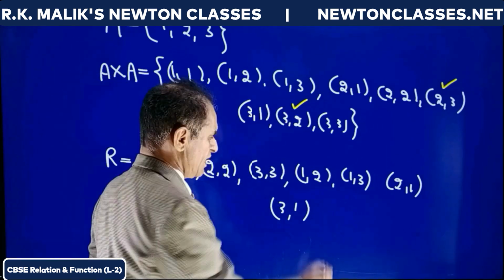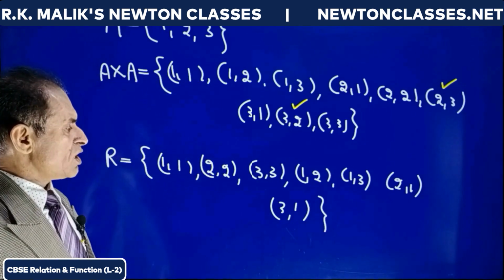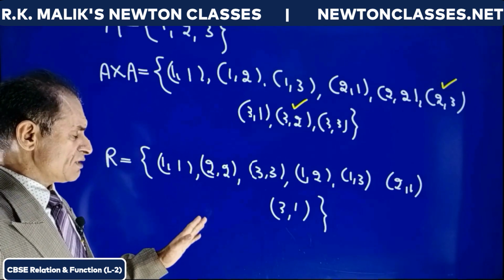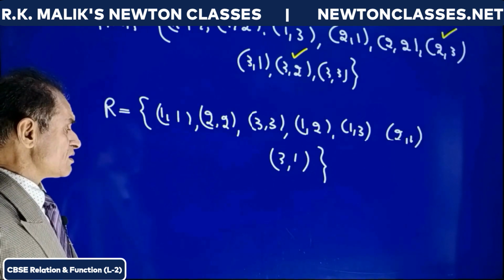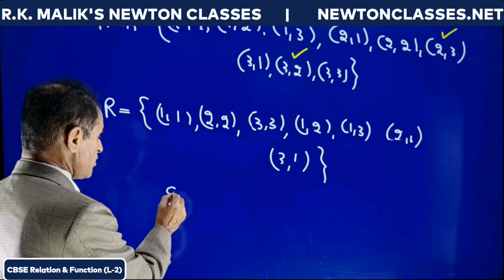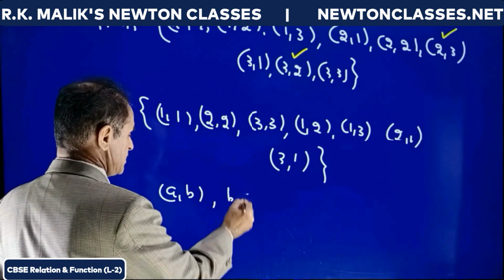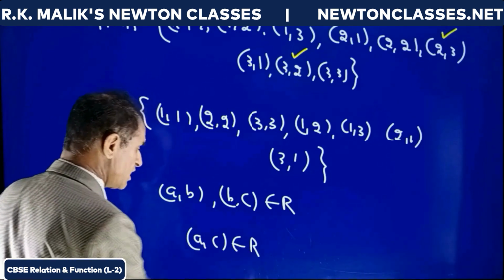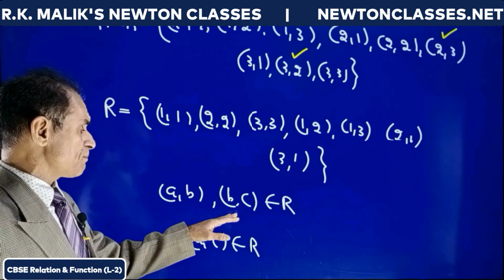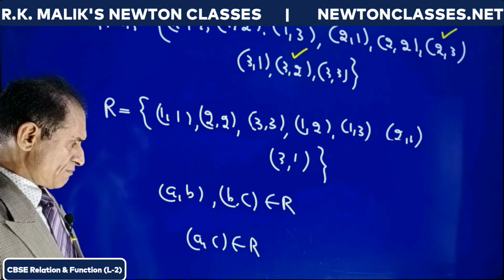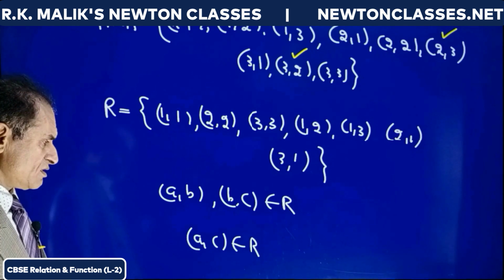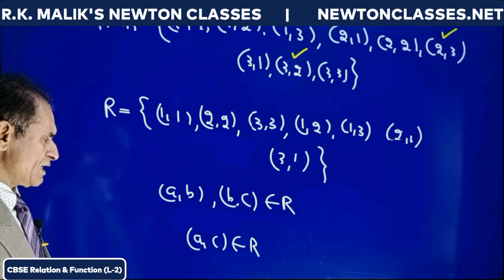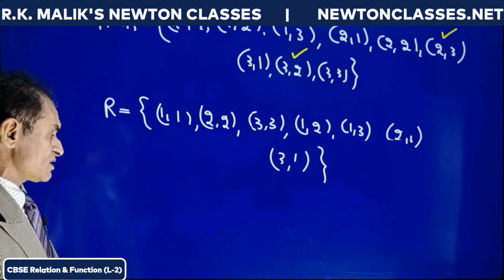Suppose I don't include anyone and I complete here only. Now this relation is reflexive and symmetric both. We have to check about the transitive property of this relation. And you know that the condition of a transitive relation is whenever (a,b) and (b,c) belong to R, then (a,c) must surely belong to R, for every two ordered pairs in which these two elements are same. And one thing more to be taken care of, you must have noted it while doing practice also, but just for more clarity I am telling you: while checking the condition of transitive relation, you should